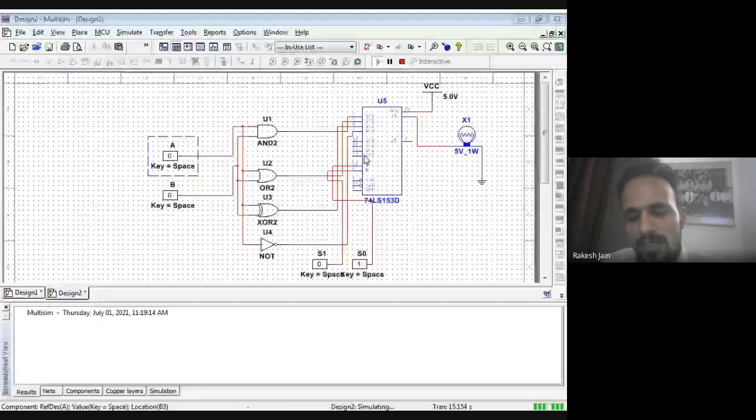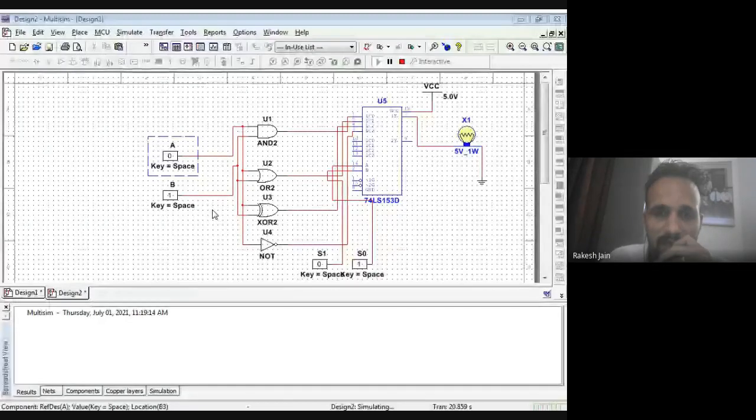Okay, so what was the table of that OR gate? Any input is 1, output is 1. It means whenever either A or B, or both, is 1, automatically the bulb will be blue. Now see, A is 0, B is 0. No 1 at the input side, so the bulb is off. When A is 0, B is 1, automatically the bulb is blue because B is 1.